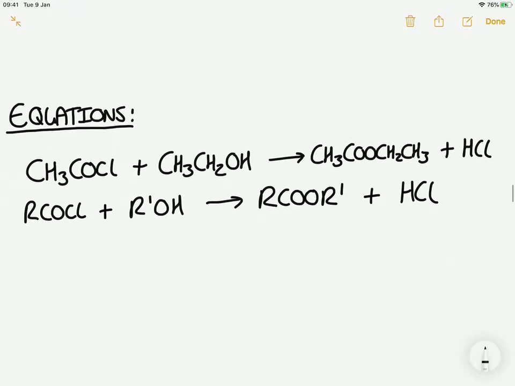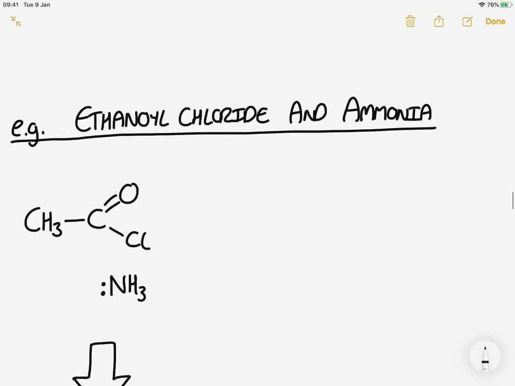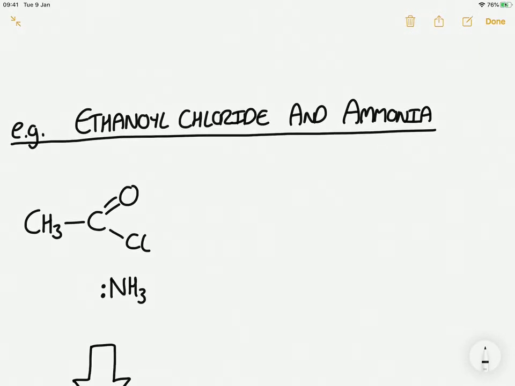So next example. Things start to get a little bit more complicated here just because there's a bit of a wrinkle. You'll see what I mean in a minute. But for now, you know what to do. Pause the video, copy the structures, 2 curly arrows. So we should have that one,